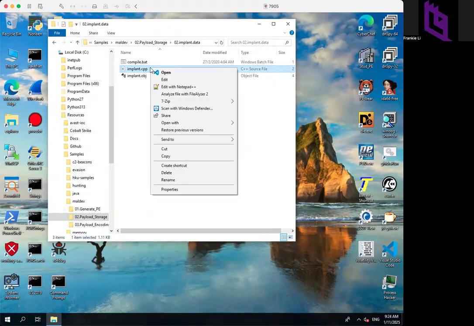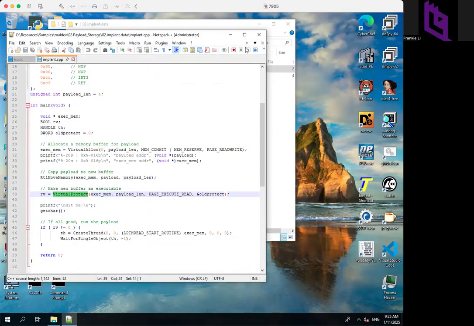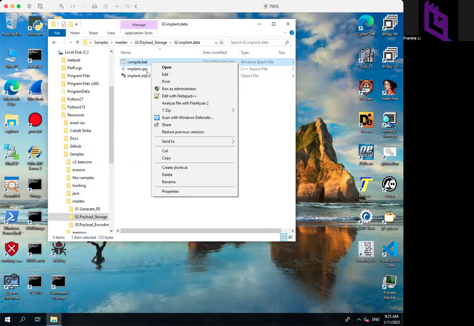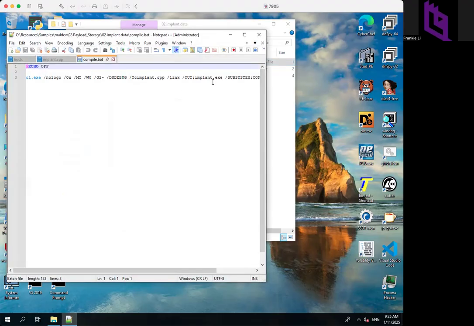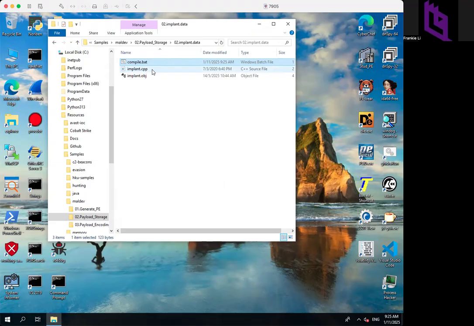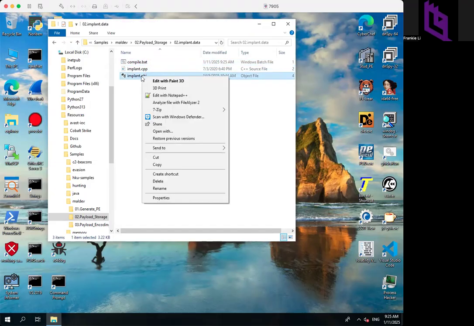Maybe we can try to compile the program as x86. Let me see whether we can make it work for that. And then we change this compile batch file, to make it work with x86 instead of x64. x86 means the 32-bit environment. Let me change this and close it. Actually, the object file was created by the previous compilation, so